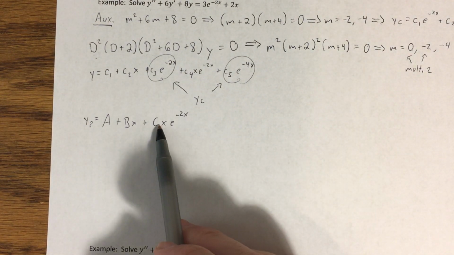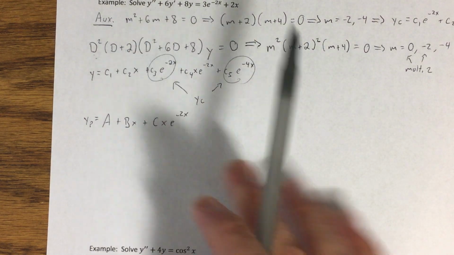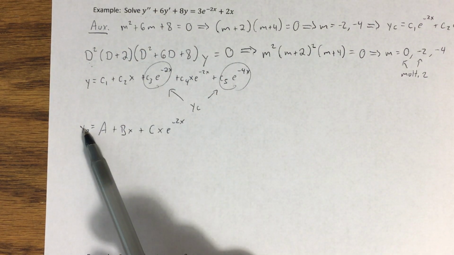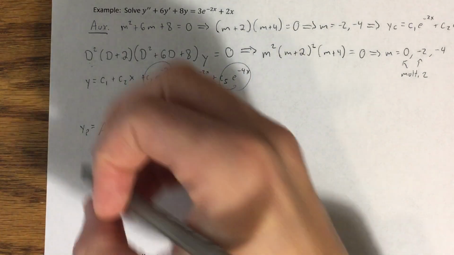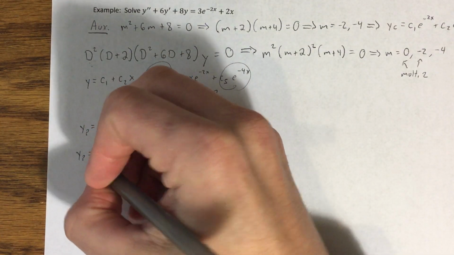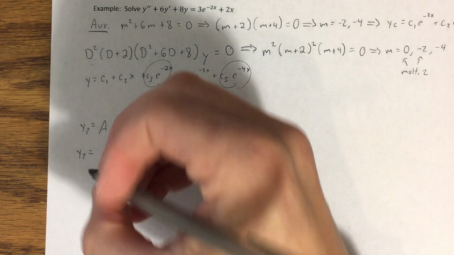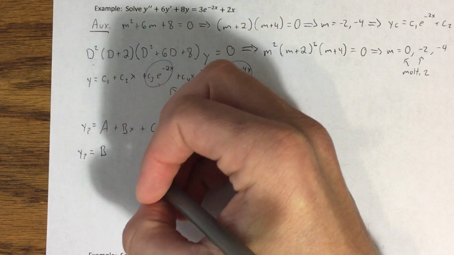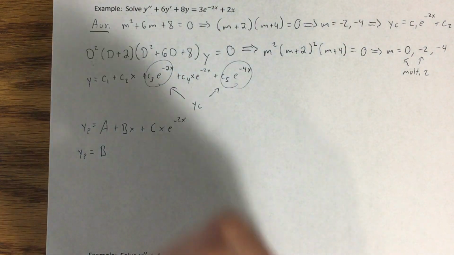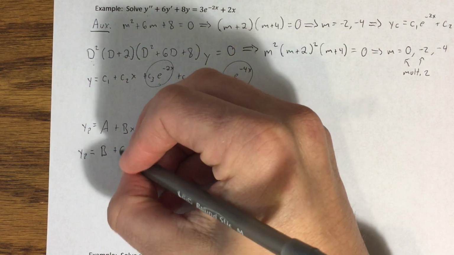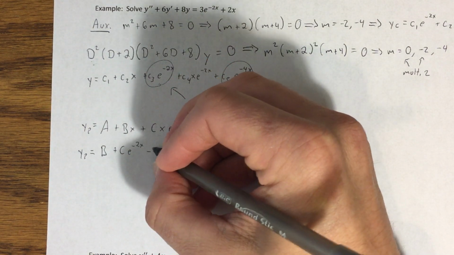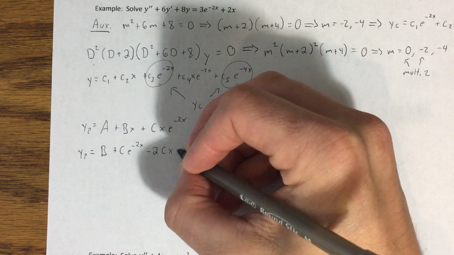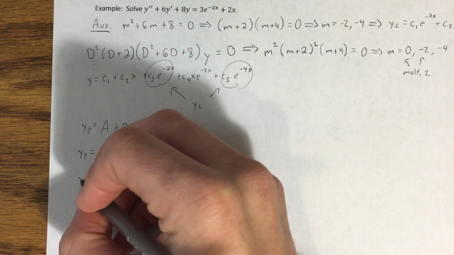You're going to see here, it's a second order equation, so I'm going to have to do up to the second derivative of this. And we're going to be using a product rule here to keep things moving along at a good pace. I'm just going to write down what that comes out to after simplifying. So differentiate this, we're going to get B plus Ce to the negative 2x minus 2Cxe to the negative 2x. My second derivative